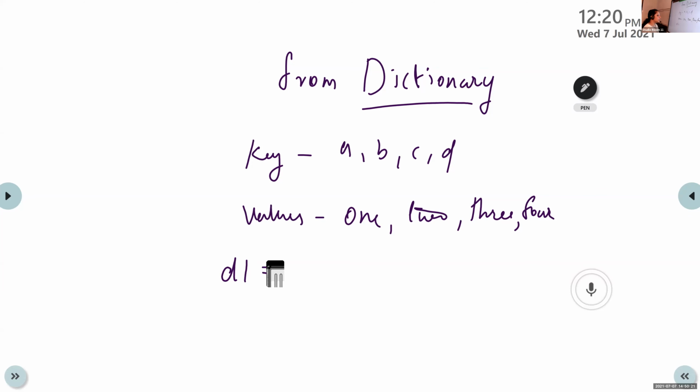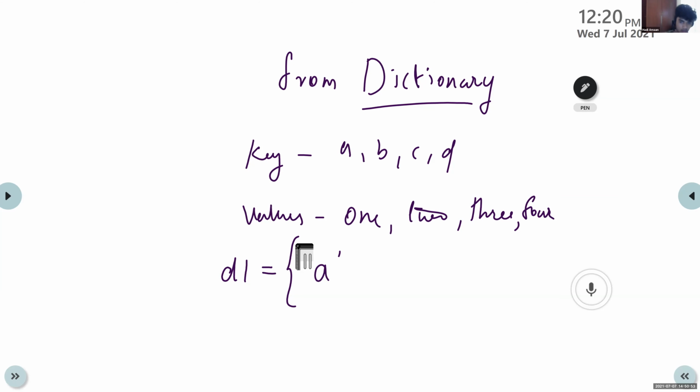Which bracket is used? Curly bracket. Okay, so write the curly bracket. Then first I want to write the first key value. Which one is the first key value? A. So it's a string value or character value, so we have to write that A within single quotes.